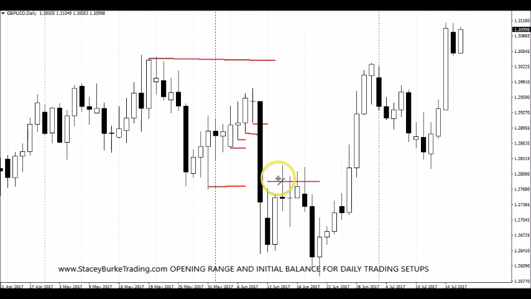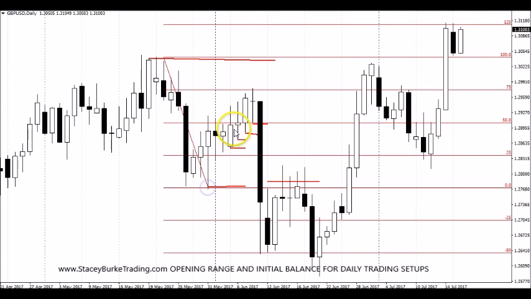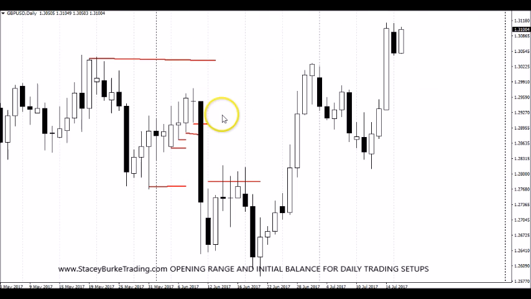So again, we have our first 2 days of the month within the range, so then we would look at the previous range. And again, if we were to draw a 50% level of that range, you can see the market retested 3/4 of the range. It broke out at the 50% level to retest the previous month's lows. But again, just looking at Monday, Tuesdays, we can see here